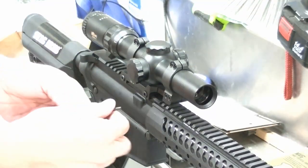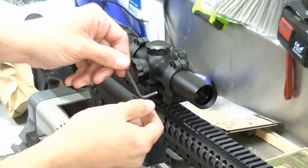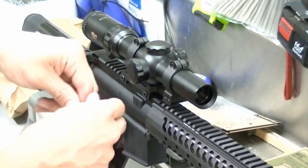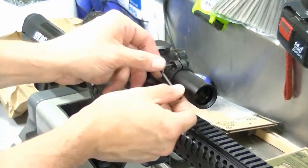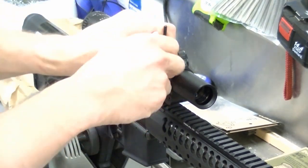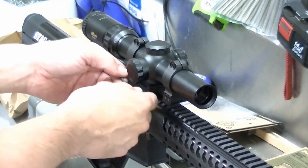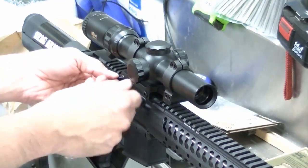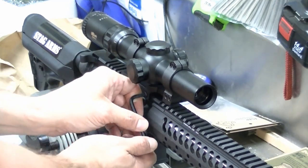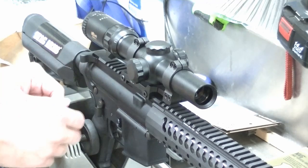Something I suggest, I've been for years dealing with non-ferrous materials and stuff, threading into it and everything, and I've about got a calibrated hand for the most part. I know how tight I'm tightening stuff. I can feel it. It just comes with experience. If you do not have that experience, there's no bravado or pride that should enter into it. If you honestly know you do not have experience with that, rather than strip out anywhere from 60 for some of the Nikons all the way up to $300 mount, or whatever the piece of hardware is you're dealing with,